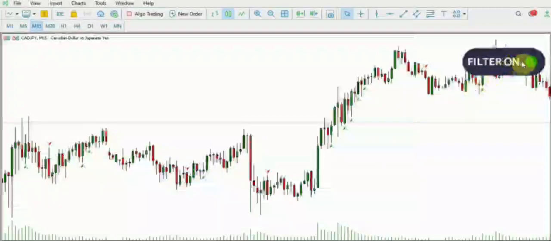So let's do a quick comparison. Let's turn the filter off again, and you can see all the different engulfing candles that we have. And when we turn it on, there we go. We get rid of the excess candles, so you will be able to focus on the most important candles that support the trend, okay? Now, how I personally use this indicator is that I use it on the 4-hour time